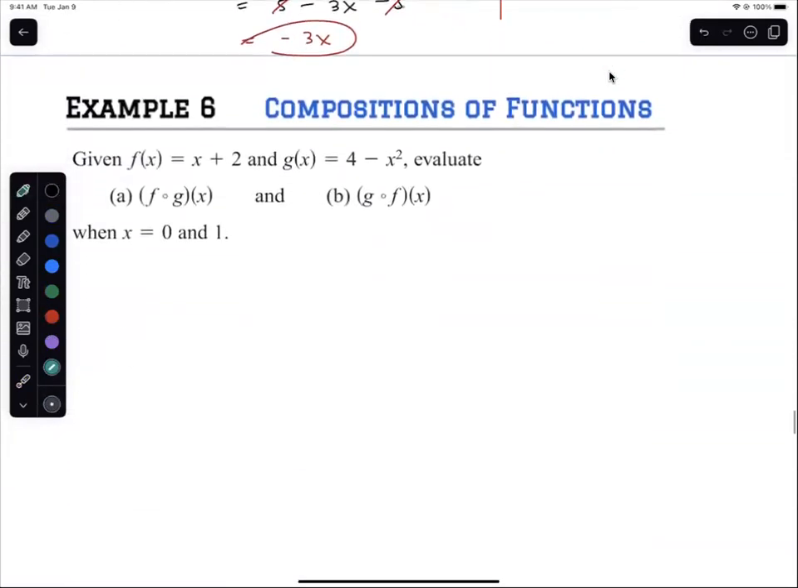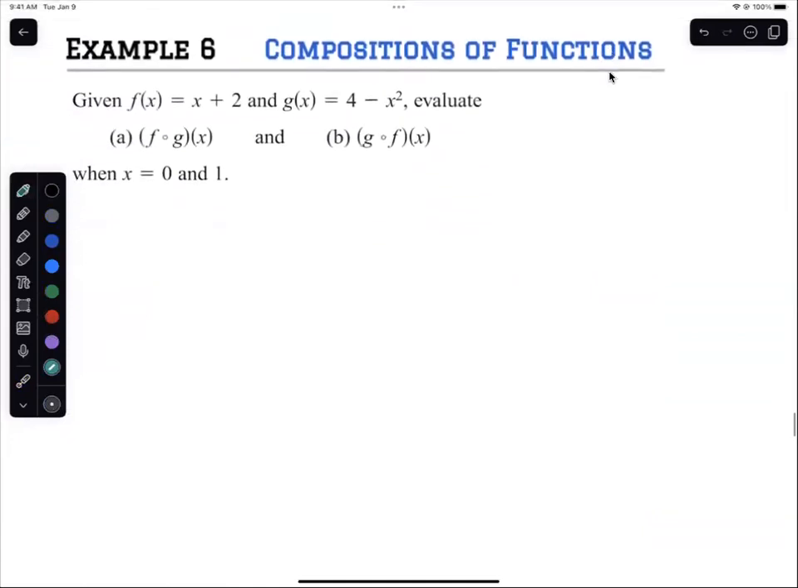Okay, given f of x is x plus 2 and g of x is 4 minus x squared, evaluate f composed of g of x, g composed of f of x, when x equals 0 and when x equals 1. Okay, so for A, f composed of g of x